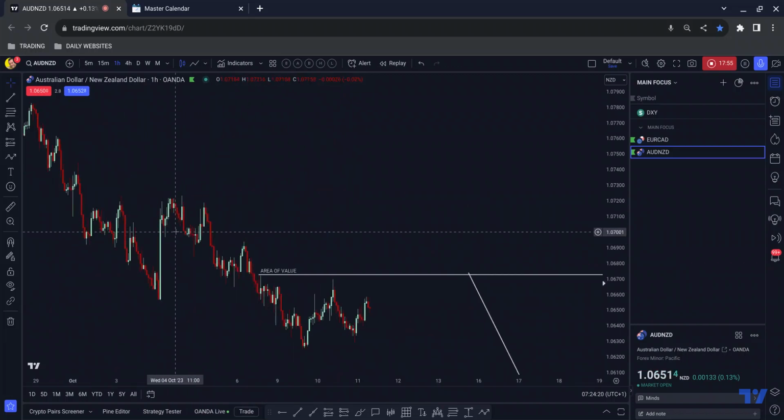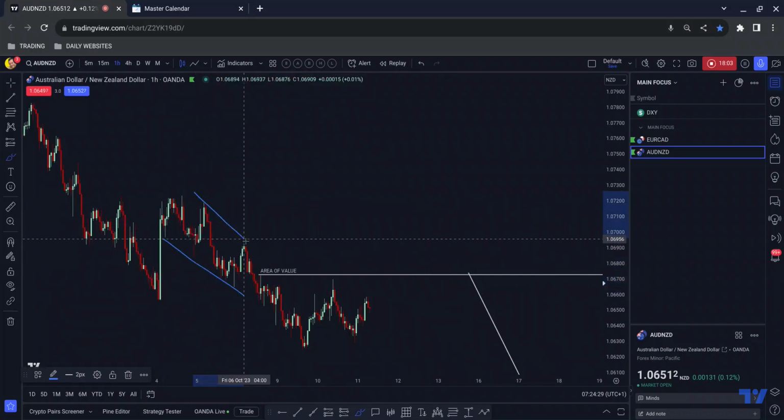We also have a running channel in here, 1, 2, 3, and the last part of the move is corrective. So you can see this here, look, running channel, corrective move up after the 3 drives. So that gives me a clue that that's a completed structure as well. So with all that in mind, what I'm going to be looking for today